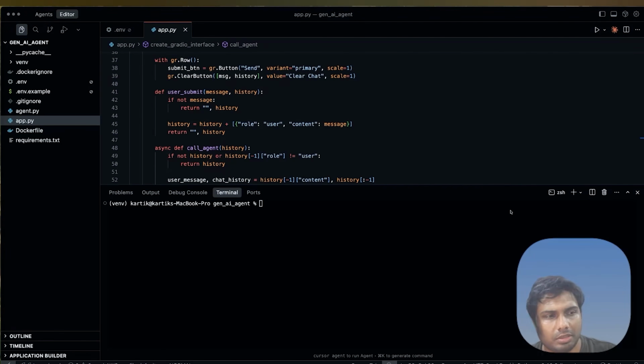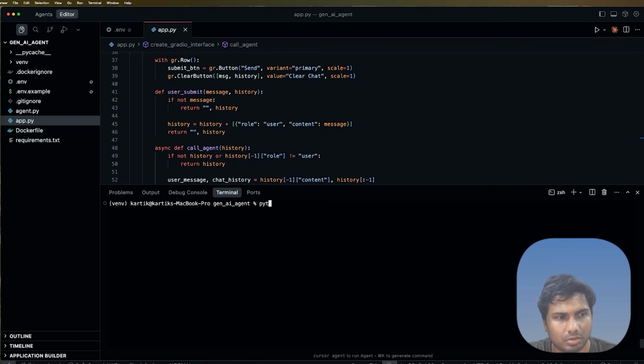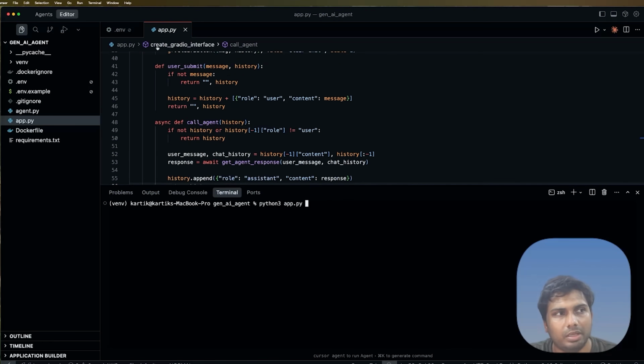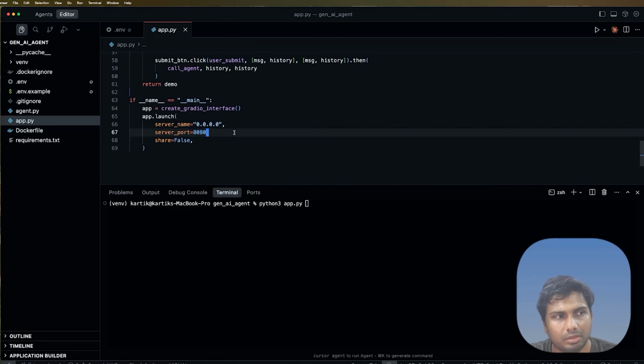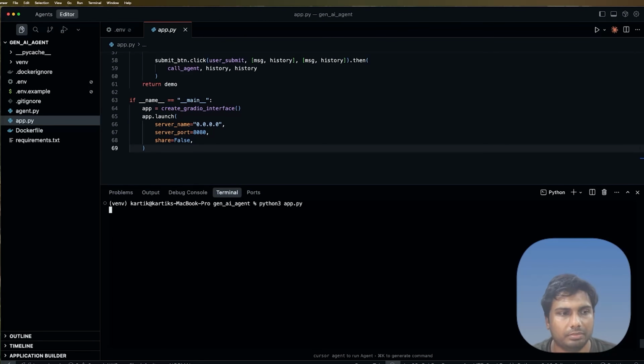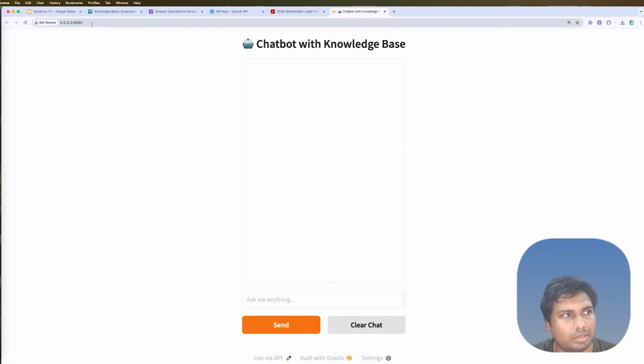All right, now that all the packages are installed, let's first see the demo of the application. Just to make sure our virtual environment is activated, if not, we'll run source venv/bin/activate, which can activate it again. Then to run it, we'll simply do python3 app.py. In app.py, in the main function, we can have a look that first we get the UI, and then we launch the application on port 8080. All right, python3 app.py. The application is finally running. We'll see that it's running on port 8080